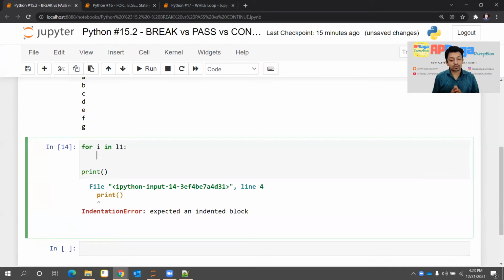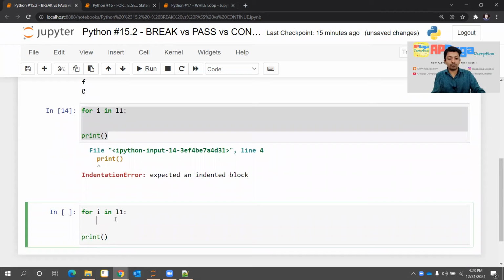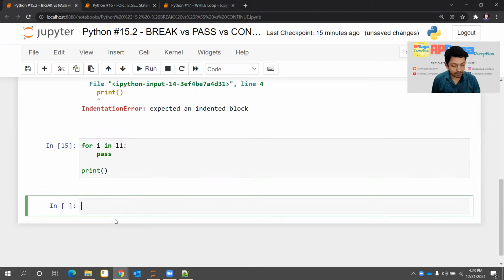So what can we do? There is a keyword, that is pass. I'll just copy this. Instead of keeping it blank, I'll write the pass keyword, all in small case. If I do that, it will not throw any error. So what is the use of pass? It is just a placeholder for the fulfillment of syntax, I might say. It will not execute anything, it will just pass it. In games also you might have used this word pass. So basically passing it, not doing anything.